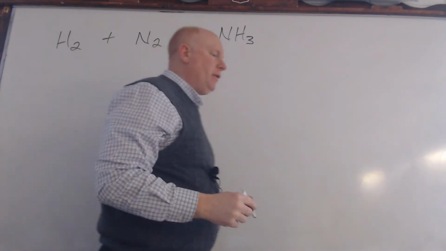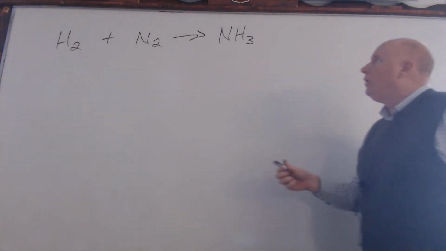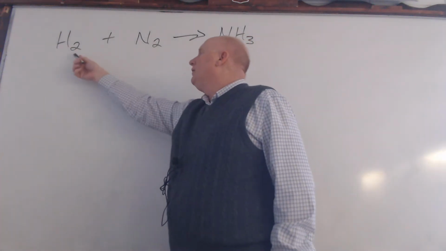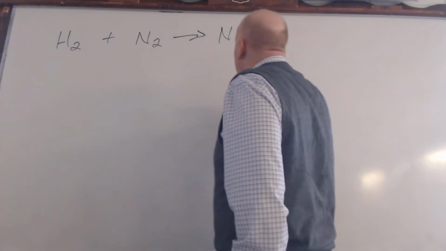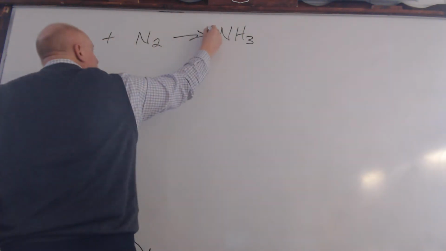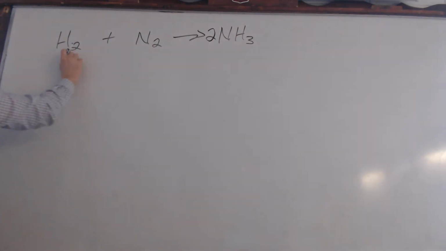Okay, so then the next part that you need to do is what with that reaction? Okay, so these are odd, these come in pairs, so you have to get this up to an even number. So in order to do that is put a 2 here. So that gives you 6 hydrogens to only 2. So we got to get this up to a 6, therefore we put a 3 there. Okay,